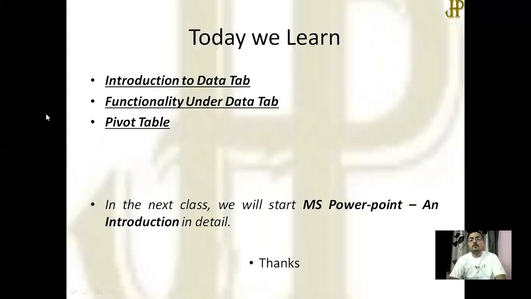So that's all for today. Today we learned about the data tab functionality: import of data from external sources, sorting the data, filtering the data, and data validation.